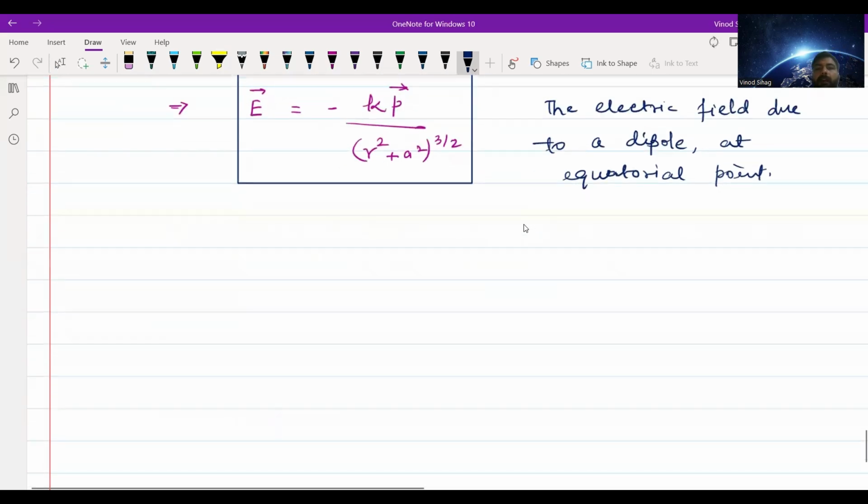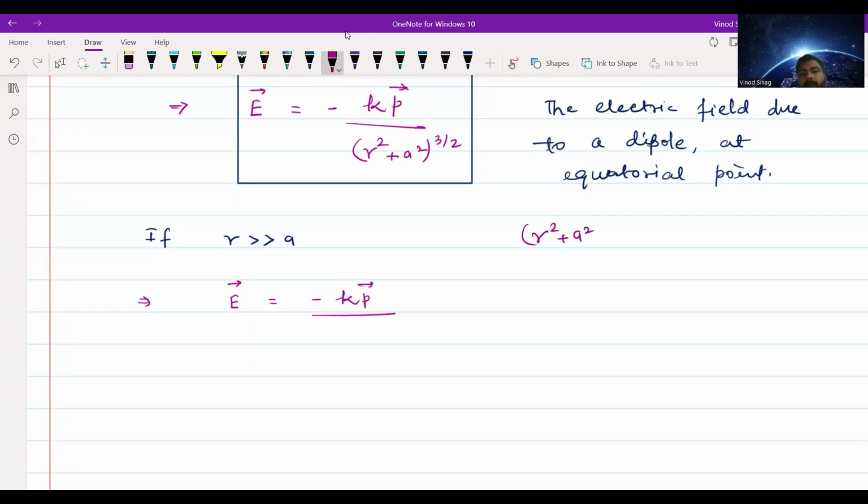इक्वेटोरियल पॉइंट. अब सिमिलरली वही केस लेते हैं जहां पे, if the distance r of the point P from the center is very much greater than a, then we will get the equation as E vector equals to minus kp vector upon r square